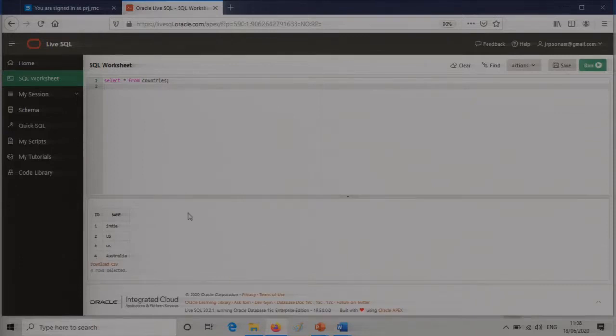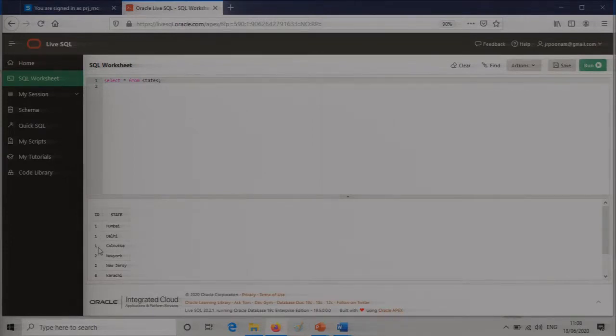The ID is 1, name of the country is India, ID is 2, name of the country is US, ID is 3, country is UK, 4 is Australia. Now I'll change the query and show you the other table where I have inserted data, that is the states table. I'll just run it.